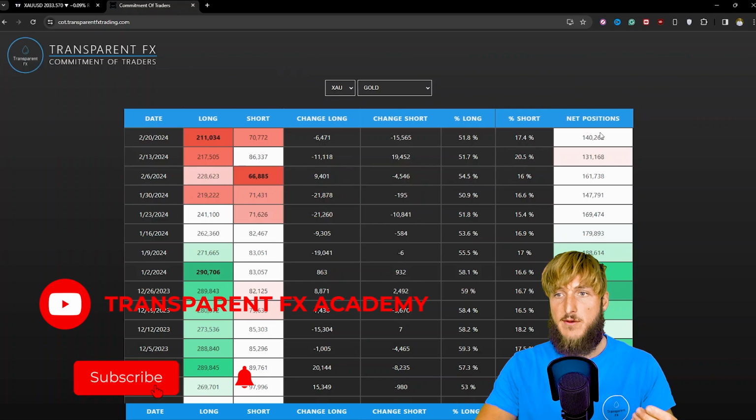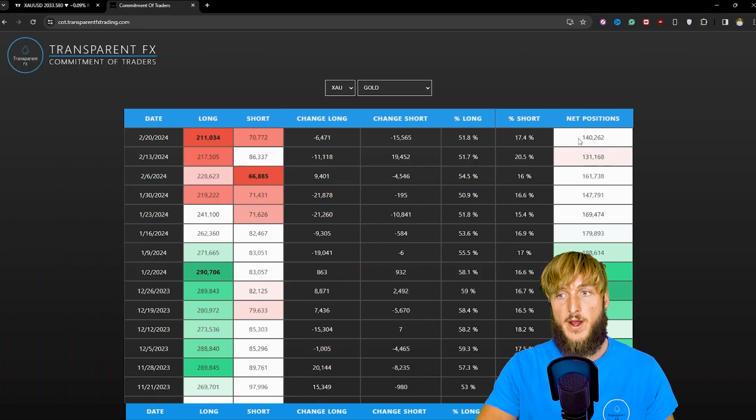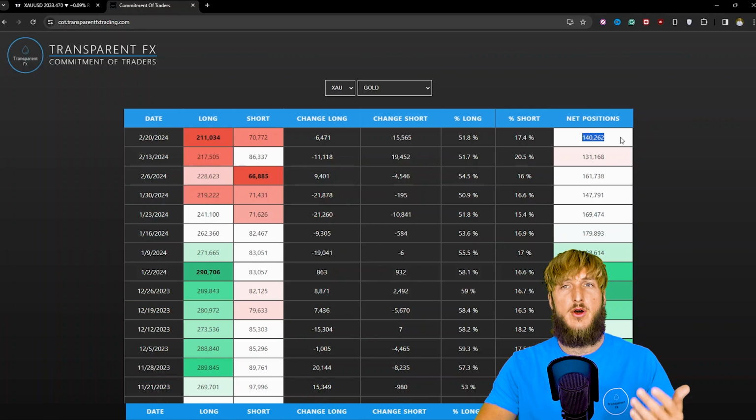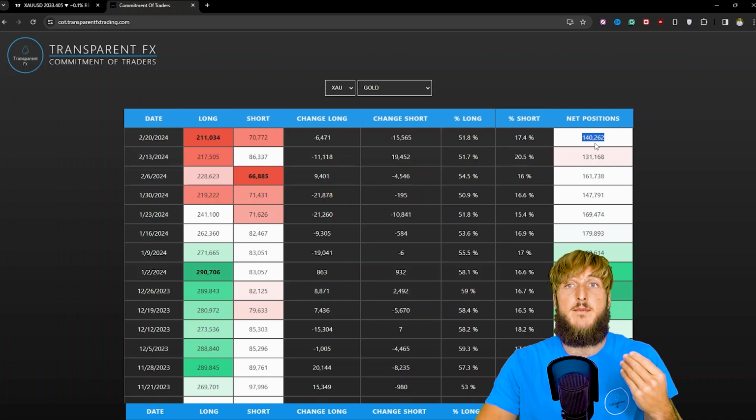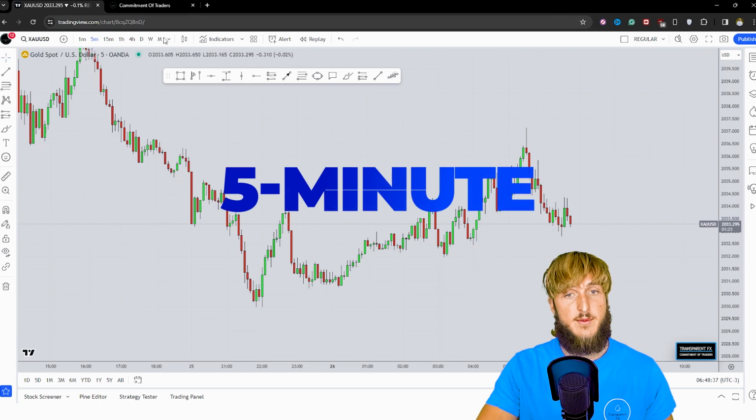At the same time, if you see the net positions are getting increased, as we see right now from 131K to 140K, you will be only looking to scalping in the bullish side because institutions are moving back to the bullish side for gold. Now that we have cleared out the directional aspect of this 5 minutes scalping strategy for gold,